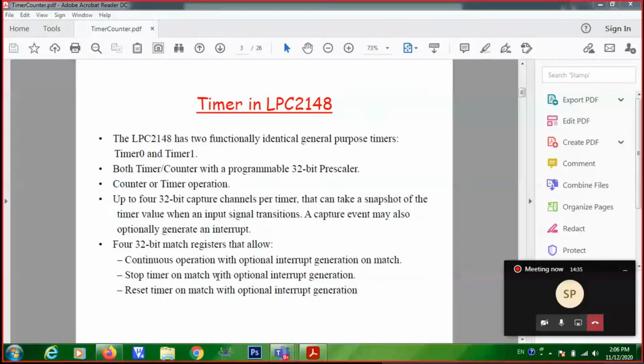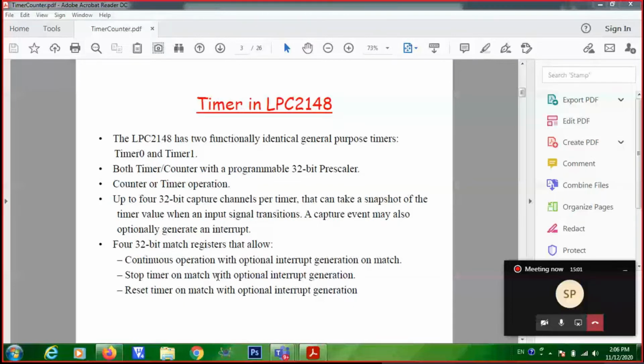That is known as counter mode of operation. So you are counting based on an external signal. But in timer mode, your counting is based on your internal free running clock. That is the basic difference between timer mode and counter mode.